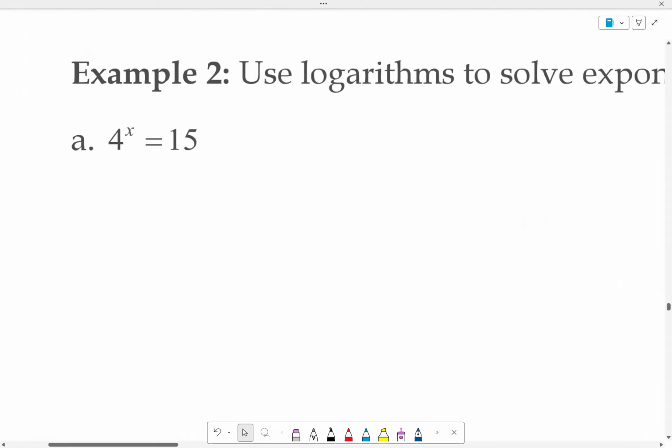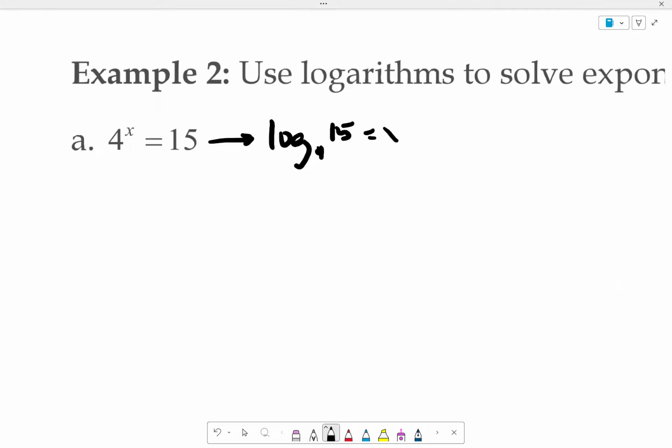Example 2. Did we start the chapter with these problems? You already know the answer for this, don't you? Check quickly, just ask your neighbor, how do you do this problem? It does say use logarithm, so you know you're going to rewrite this as a logarithm. Is that right? And that did it, didn't it? You're done. You get log base 4 of